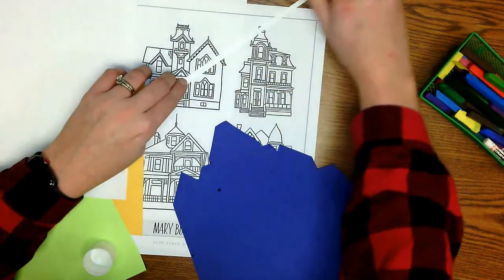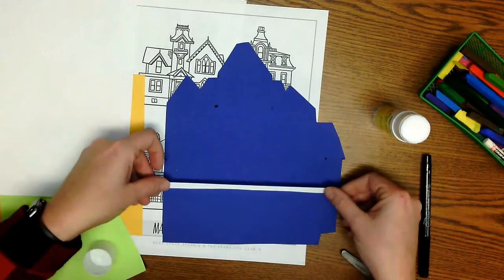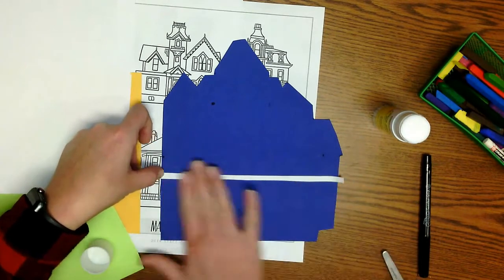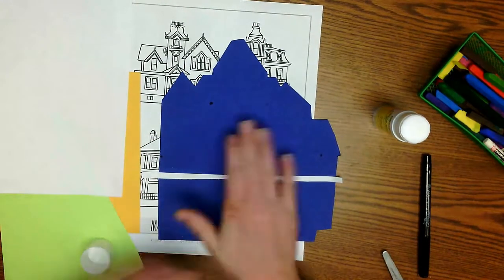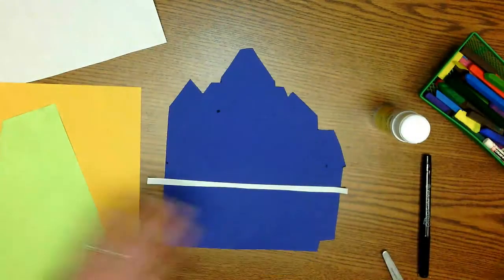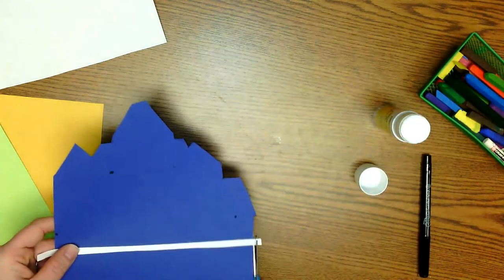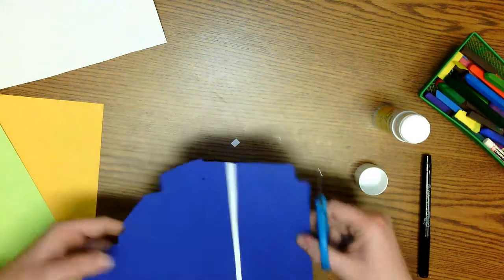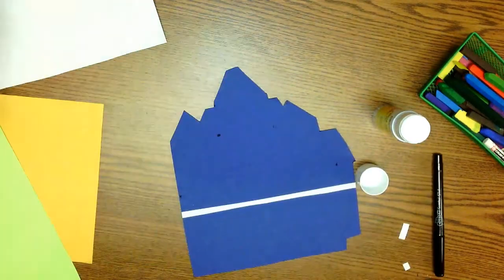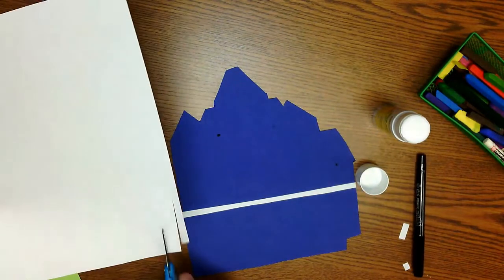So I'm going to take and glue on that right there, and that will help me to separate my first floor from my second floor. I'm going to pull these right out of the way so we can just focus on this one. So now I'm going to take my scissors and I'm going to trim the edges. There. And then I'm going to cut 2 more